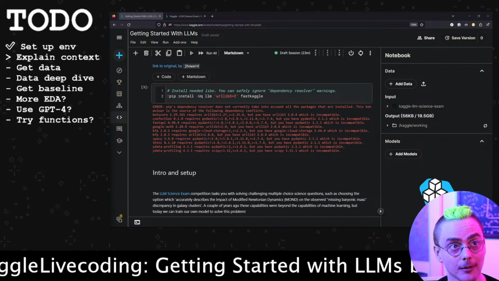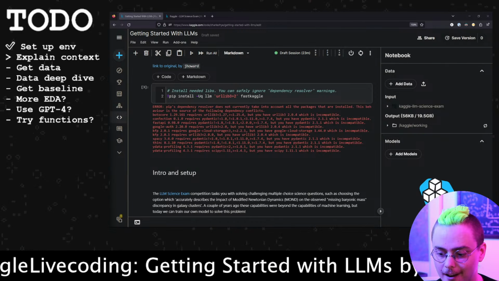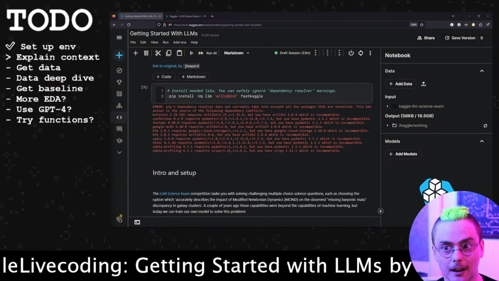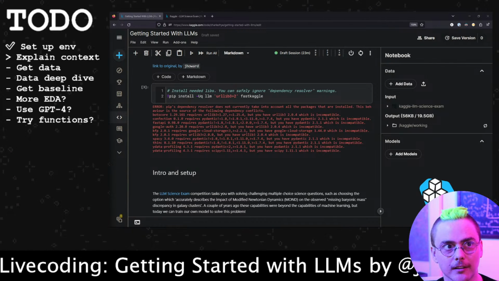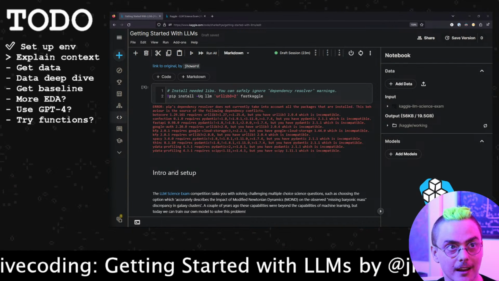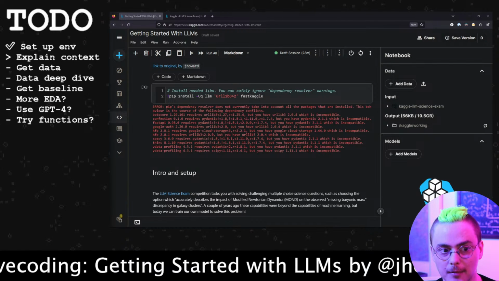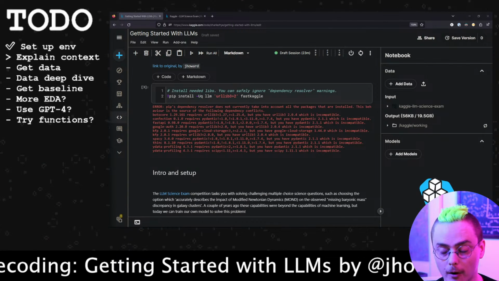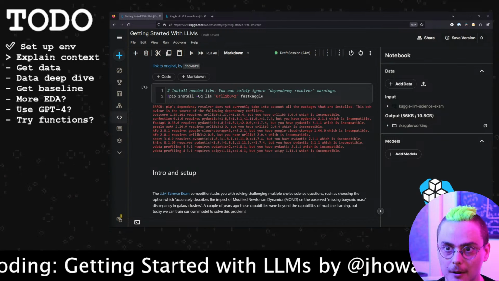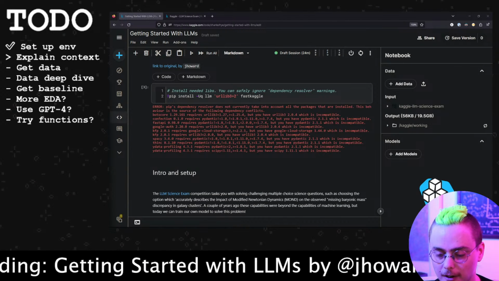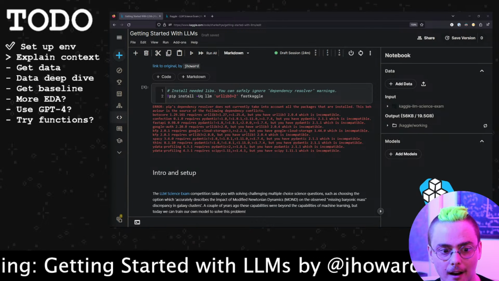I personally don't use Kaggle that much. I found this interesting because I really like the way it approaches understanding this competition and how to use LLMs for it. I think it's a general approach to thinking about how to use language models for lots of different kinds of ML problems, places you might